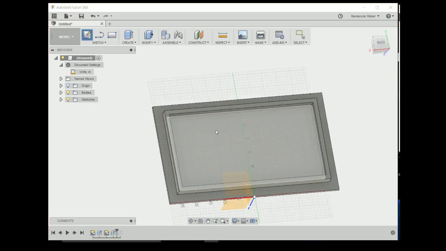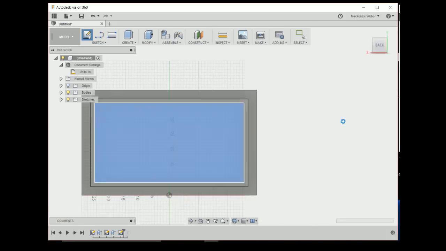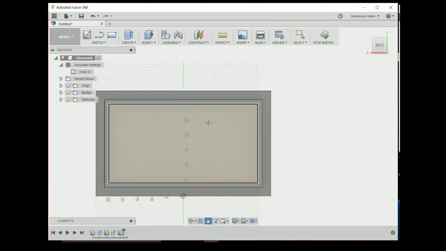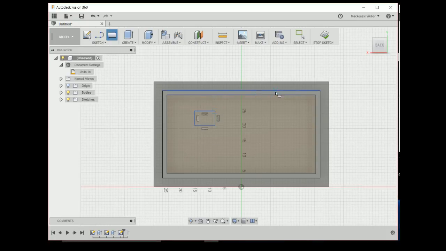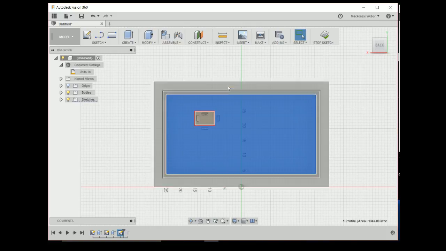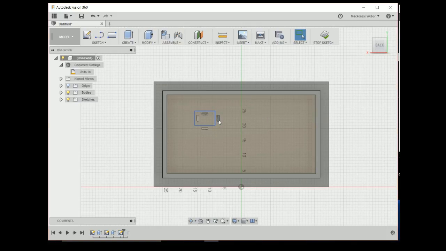So if we click here on Create Sketch, and we click on this inner rim down here, I'm going to pan over a little bit. And we're going to create a rectangle, and it doesn't matter where it is. So you see these 4 little icons, these are relation indicators. And what this icon is indicating is horizontal/vertical, which means that this line is either fixed to be horizontal or vertical. And if you just draw a line off to the side like this,